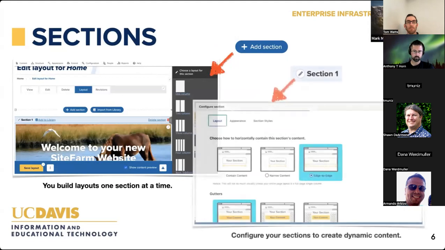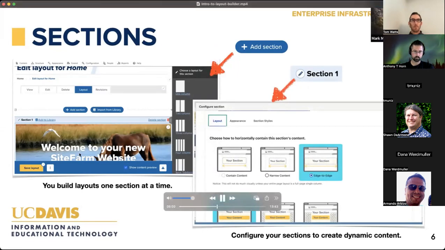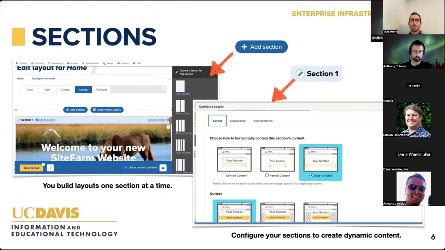So if you add a section, you'll get a pop-up, and you can now govern, for example, the horizontal space for containers. You can add gutters to them. You can control vertical spacing. And so within that, there's a lot of customization. And we're going to talk a little about that just next. So the customization that Mark's talking about